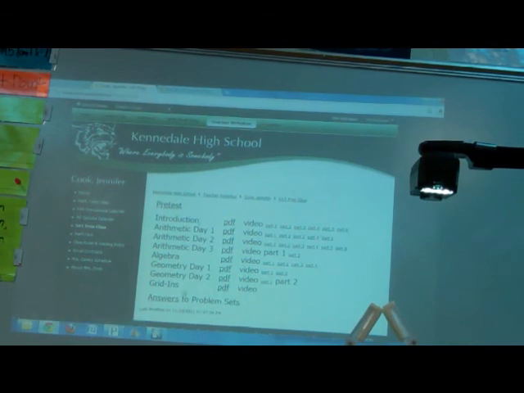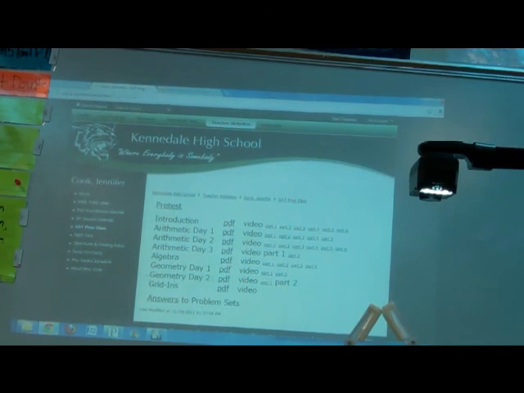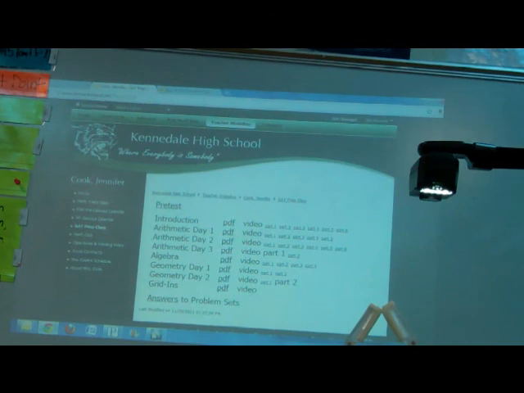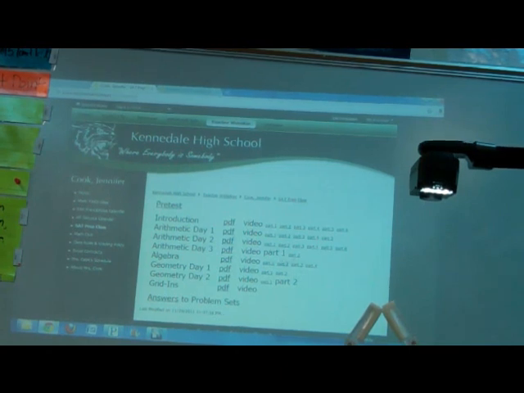We've had 6 weeks of classes. So these last two, the Geometry Day 2 is the only one we couldn't get to in class. So I've posted the first part of that already, and I'll post the second part later. And then grid ends we're about to do, so I'll post that too. And then I'll post obviously what we just did, the circle stuff. But you can go through. There was one day that the camera quit working in the middle, and I didn't go back and record that. But everything else that we've done is online, so you can go look at that. Okay, so we're gonna look at